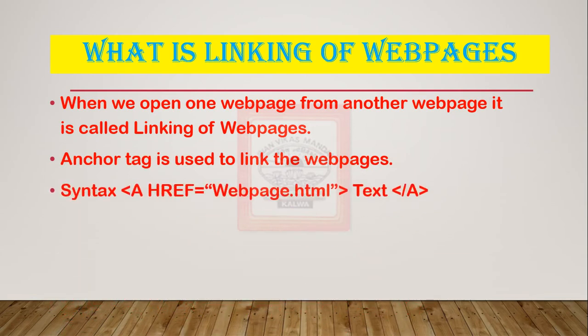We have seen it here: in place of web page we are using the name of the typed web page. Today we will see what other things we can use in href. Suppose when you want to open photos, that photo's name we have to put here. And if you want to open online web pages like www.google.com, that also you can put here. Last time we have seen only the typed web pages, but today we will see what other things we can put in the href to open the web pages and to link them. So let's open our Notepad file first.